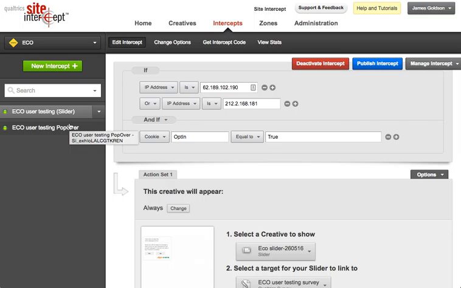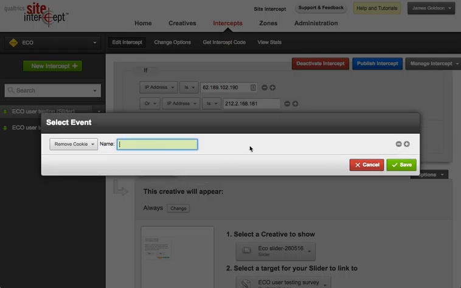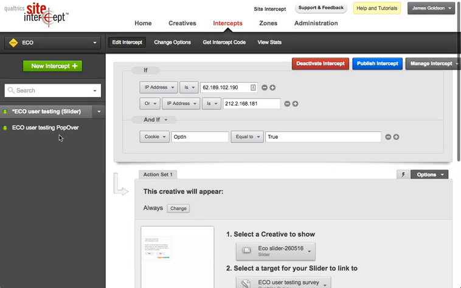But then the problem arises that after 7 days, your popover is going to appear, as it should. But your slider is also going to appear as well, because now the cookie opt-in is equal to true, because that's still on the browser. So for a workaround for this, I've thought of something. When this is shown, if we add an event, and we add a cookie and this says slider, and the value of 1, click save,